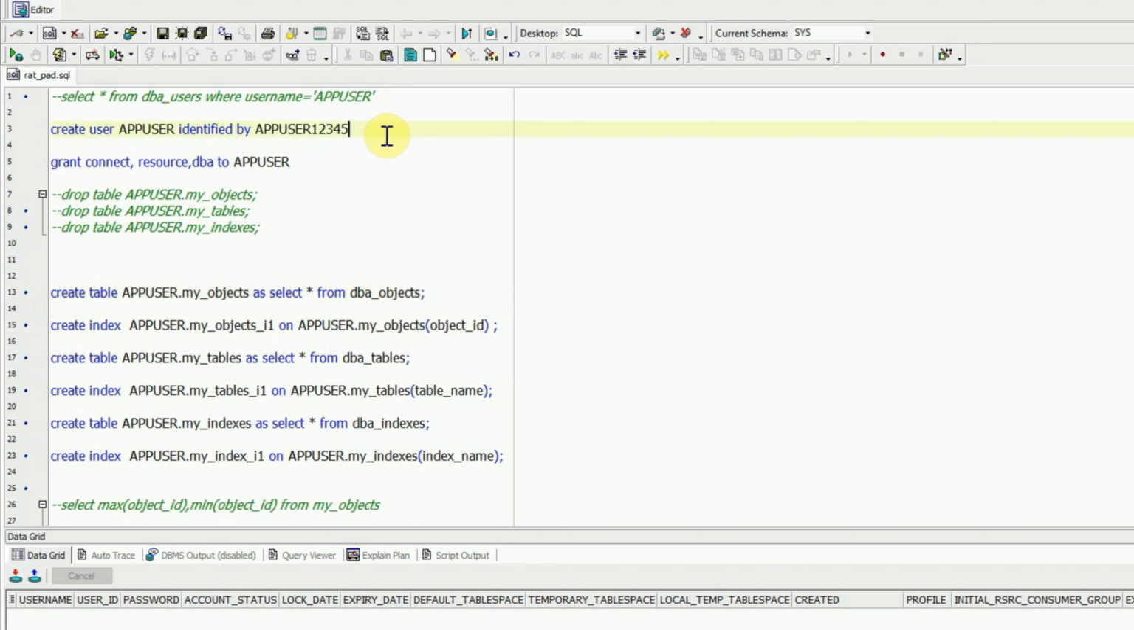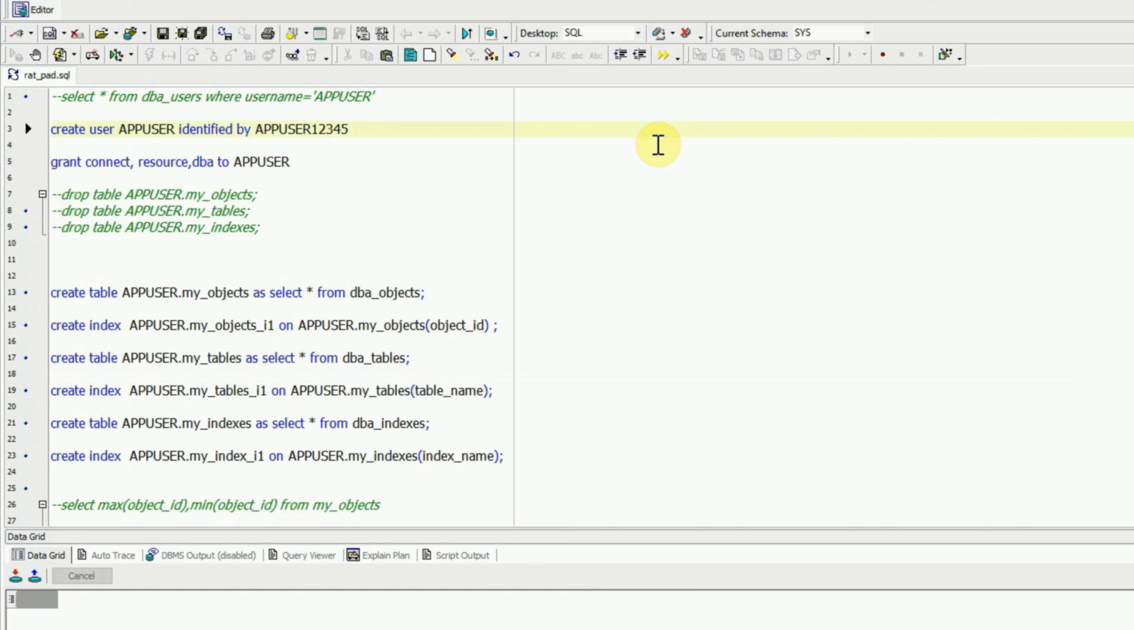So first, I am going to create an application user named app user. In a real environment, you don't have to create this application user because there will be application related schemas and users which will be doing their relevant activities. But this is a test database, there is not much going on there. That's why I need to create this user with a password